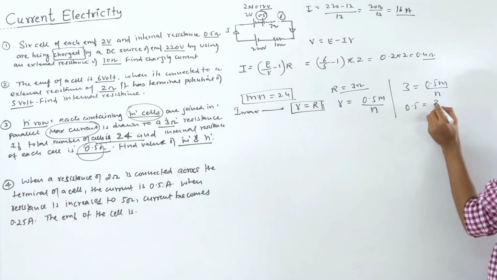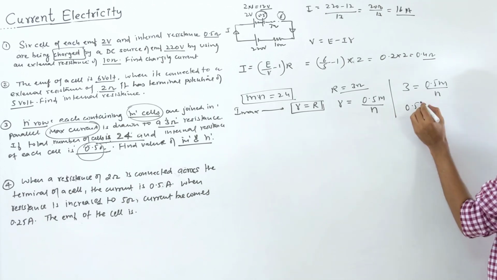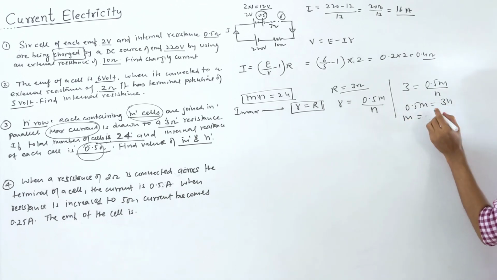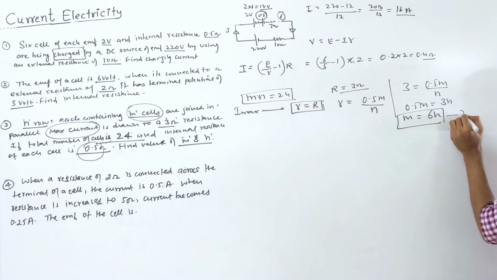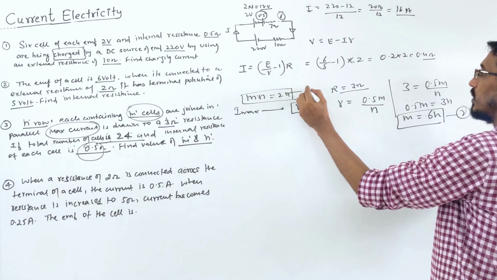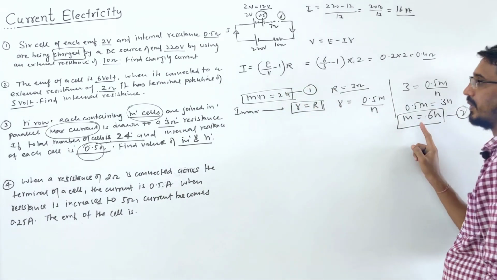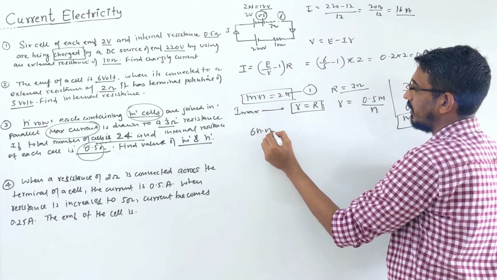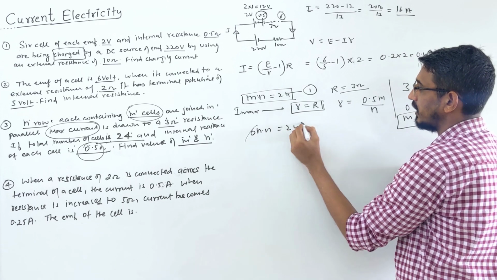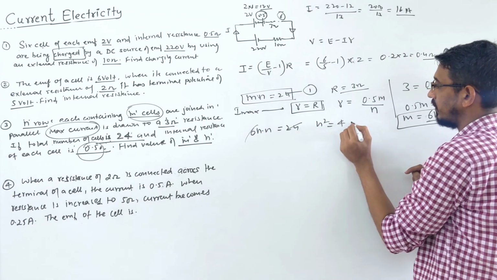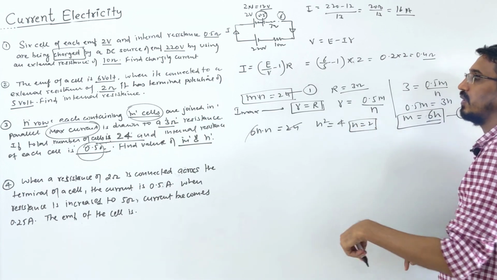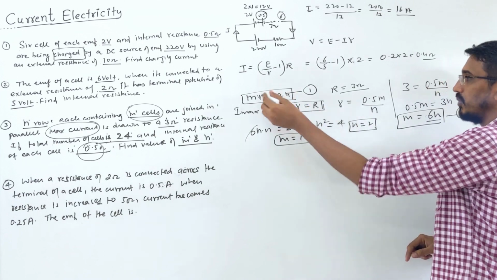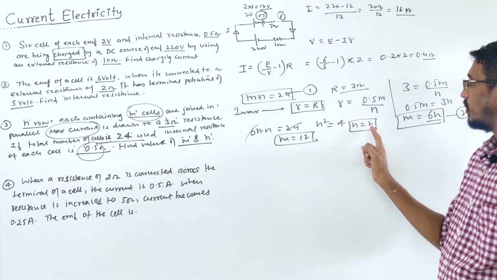0.5 M should be equal to 3N. Sorry, here, right? M is equal to 3N divided by 0.5. So M should be equal to 6 times N. This is your second equation. So you can use these two equations to answer now. You replace any value here. M is 6N, you're replacing here. So 6N into N is equal to 24. 6 goes 4 times, N square is 4. N becomes 2. Again from here, N is 2, then M becomes 12. M you are putting here, right? So 12 into 2 is 24 only?